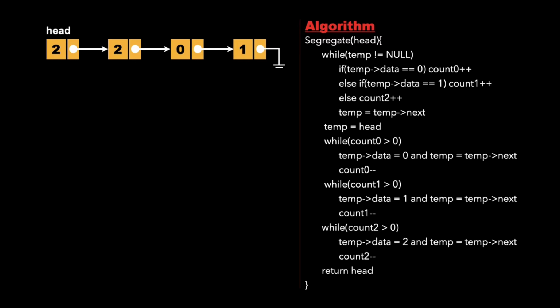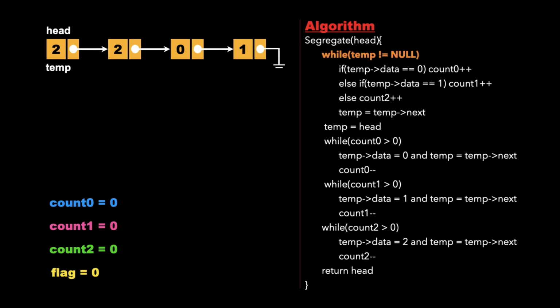So first we create a temporary node pointer and point it to head. We also create our variables, namely count0, count1 and count2, as well as a flag variable, and initialize all of them to 0. So first we check whether temp is not equal to null. If this condition is true, then we enter the while loop and we check whether temp of data is